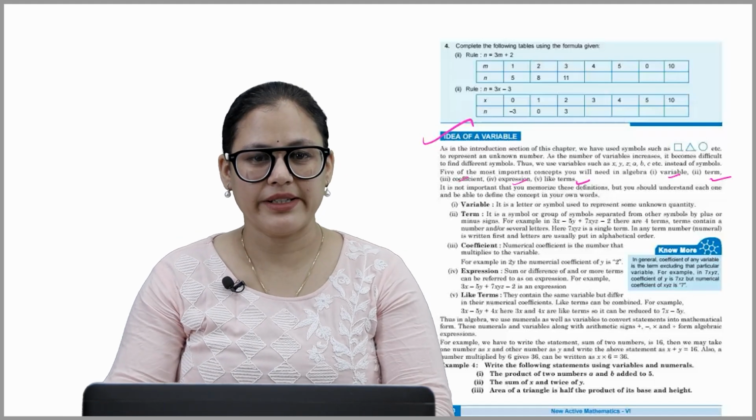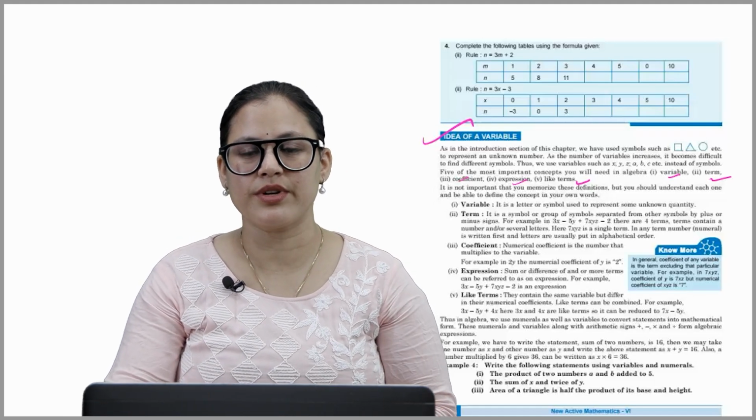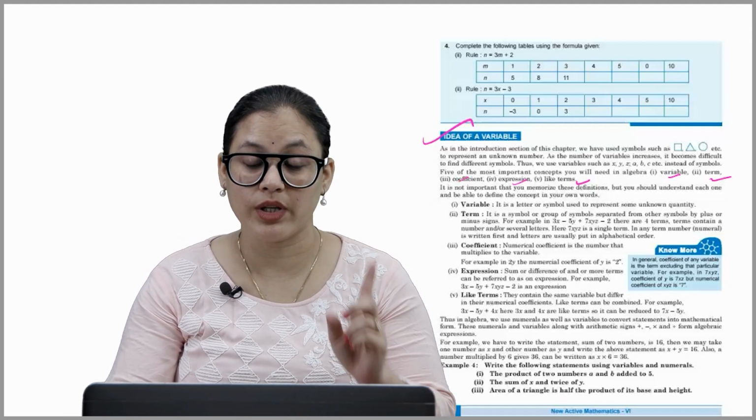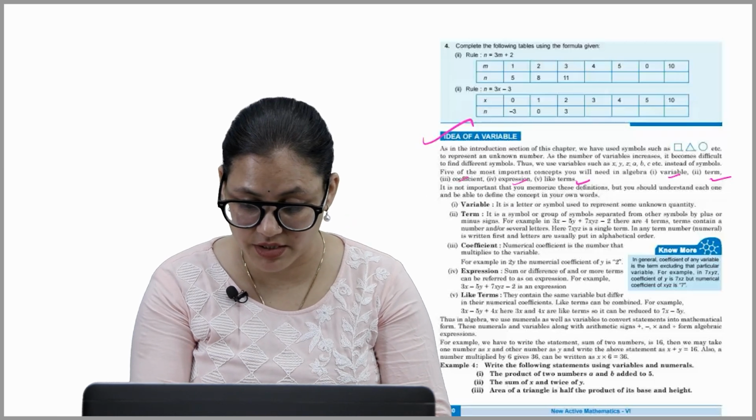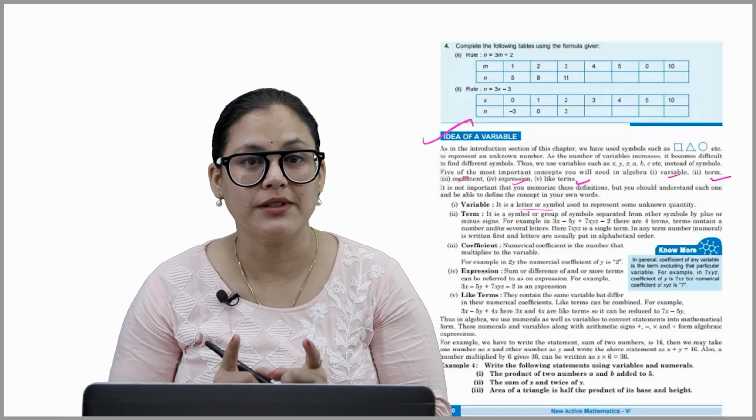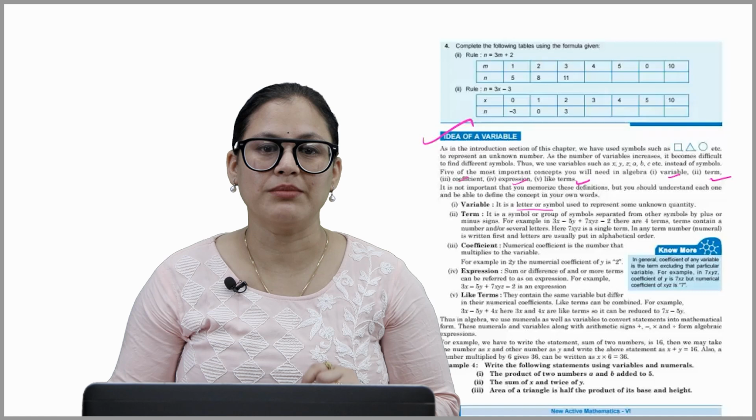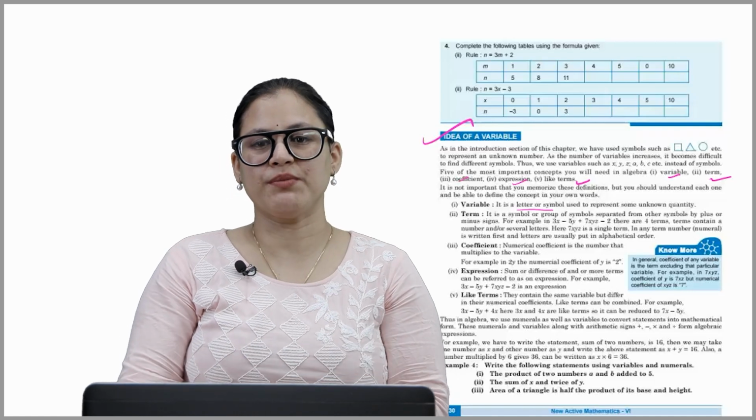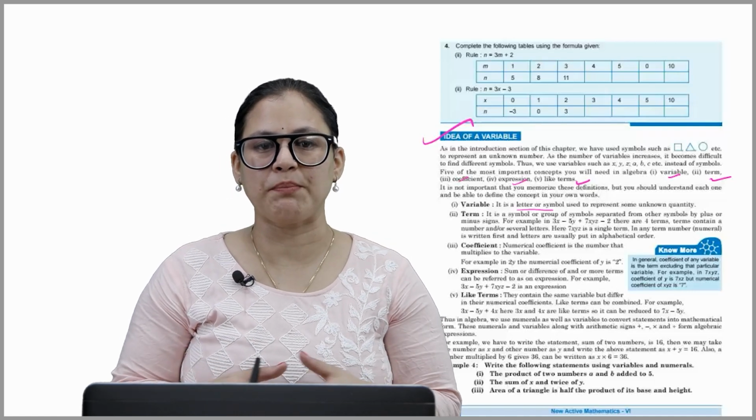Number 1, variable. It is a letter or symbol used to represent some unknown quantity. Always remember, variable is a letter or symbol. Number 2, term. It is a symbol or group of symbols separated from other symbols by plus or minus